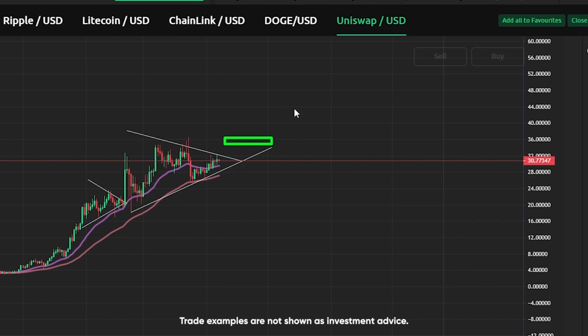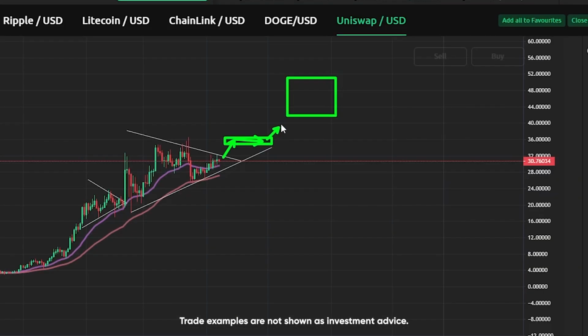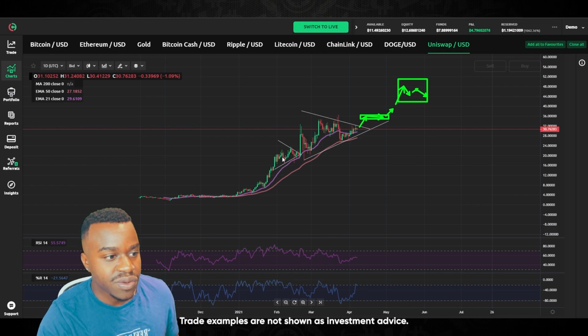And then after that, I'm looking into $40, somewhere between $40 to $50 would be where we would get that big long consolidation point, because $50 is a psychological resistance level. As you can see here, also we had $20, which was also a psychological resistance level. And we had quite a bit of days where the price went sideways. And I see that happening too if we head up towards $50.